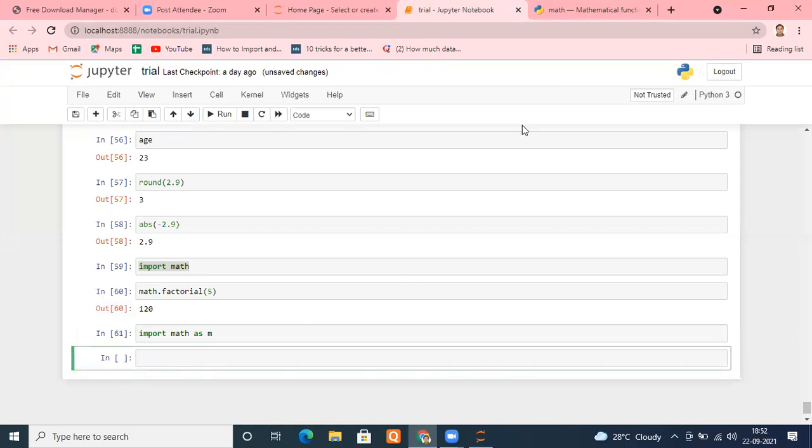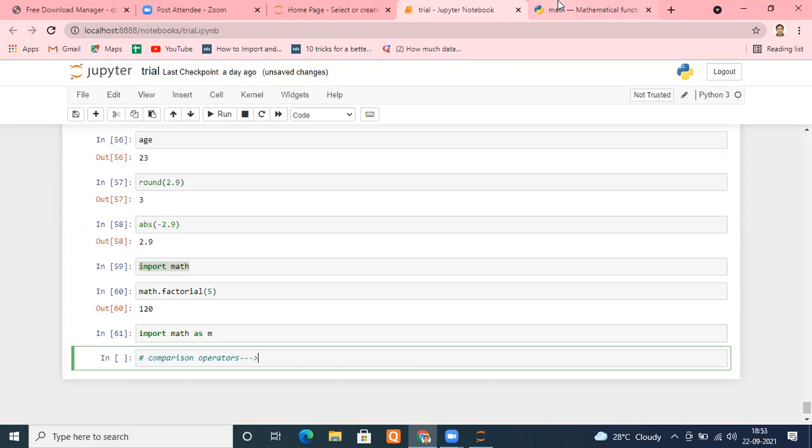Suppose I'm typing a statement. Before that, let me tell you about conditional operators, or sorry, rather than conditional, we can call them comparison operators. That is the proper word. Everyone knows what comparison operators are.